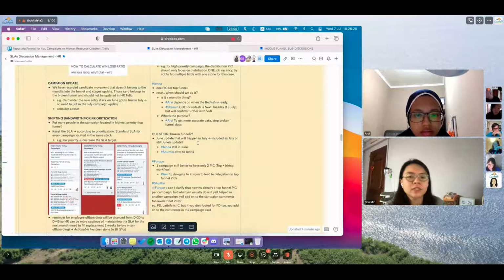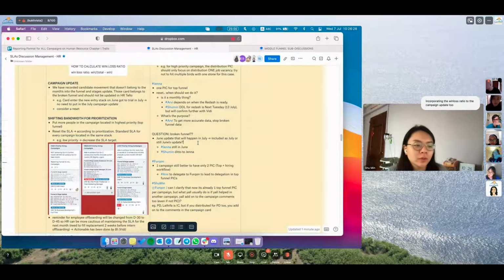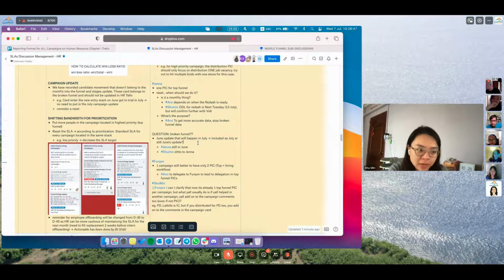Oh, okay. So for this one, what we do on Trello is, for example, between 5th July to 7th July, if you have any increase in new entry, CB rejected, etc. But currently what's on Redash is, if the entry comes in on 5th July and moves to CB rejected, then it will be calculated between 5th July to 7th July. But if the entry comes in before 5th July, like 4th July, then it will not be calculated between the 5th July to 7th July.